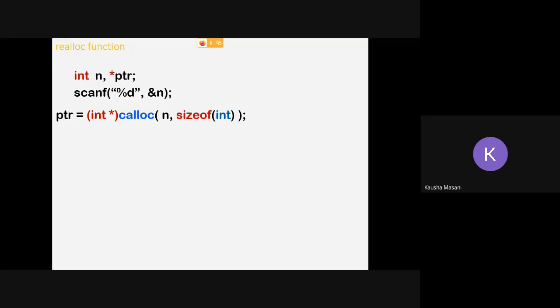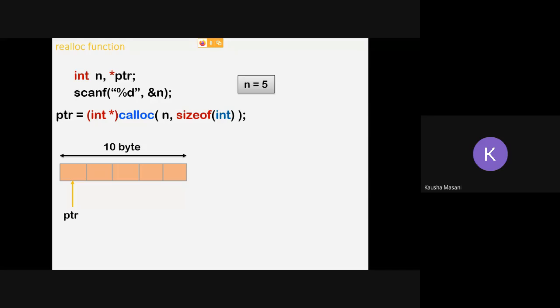Let's say you have entered these 3 lines of code, and some memory block is getting assigned. Let's say n you have given as 5. So 5 into 2, either 10 bytes, or 5 into 4, either 20 bytes will be allocated by your calloc. Let's say 10 bytes got allocated, with the pointer pointing at the first memory block.